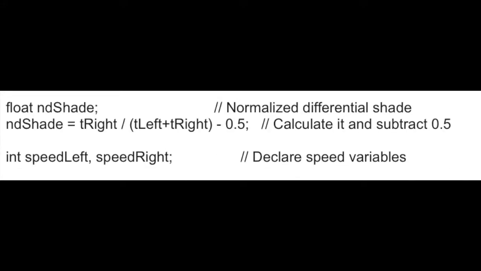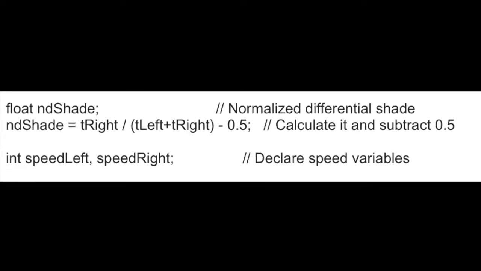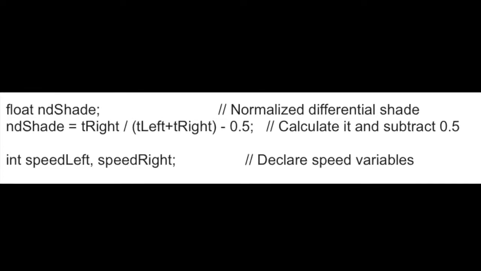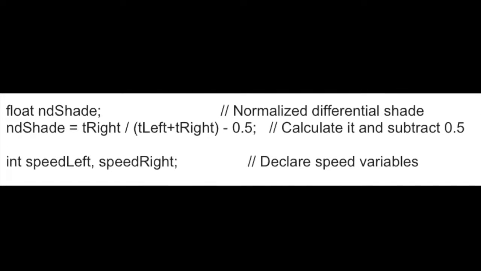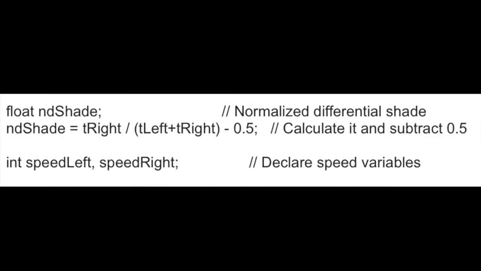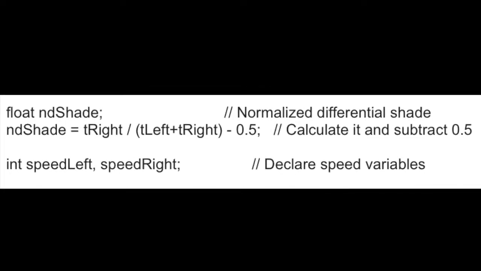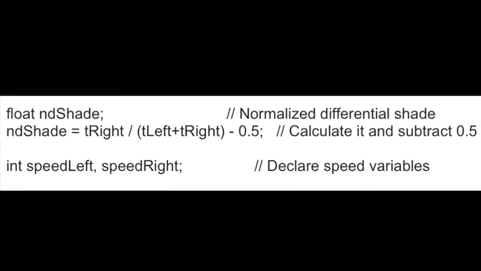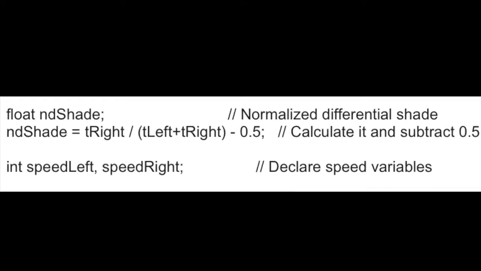And then I make a function to calculate the shade on right phototransistor and left phototransistor. And here's the equation for the ND shade. T left plus T right means the total shade of left phototransistor and right phototransistor. And there's T right on the top. If T right is exactly half of the total shade, it will be 0.5, and 0.5 minus 0.5, so